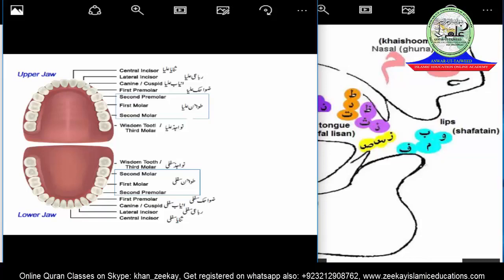The next origin is the tip of the tongue when touching the edge of the lower incisors, including the upper central incisors. Now you can understand it in this picture that the tip of the tongue will touch this part of the teeth